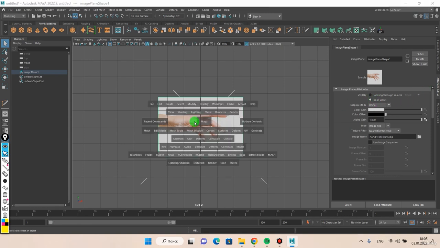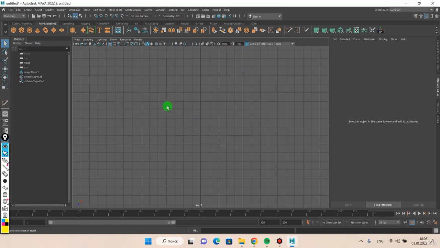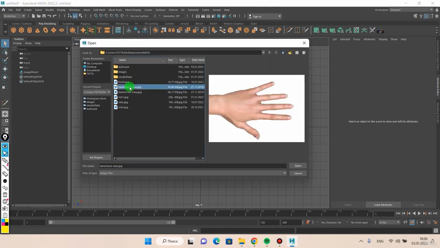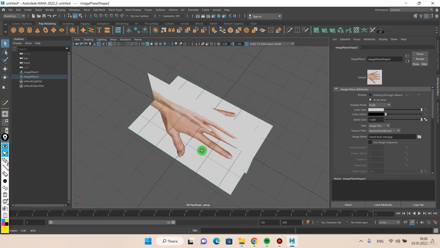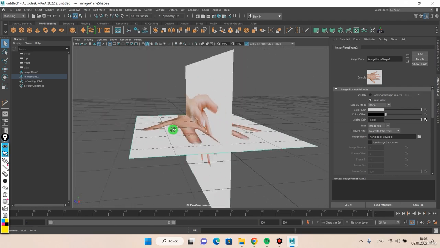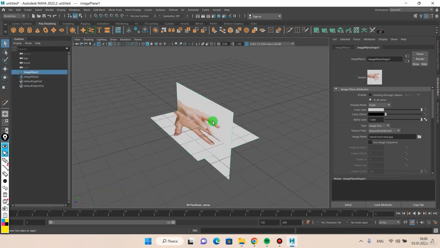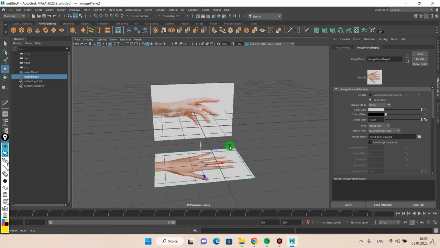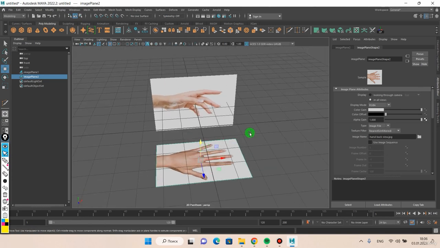and I will check mark in all views. Let's go to the top view, and we can install the hand back view. So we will have our reference images in the scene, and we will need to move them apart from each other a little bit. This one I will move on the Z-axis and this one on the Y-axis. This way we will have kind of a modeling studio,